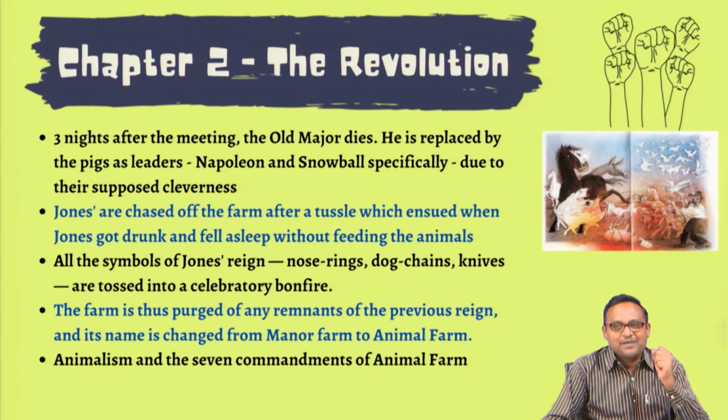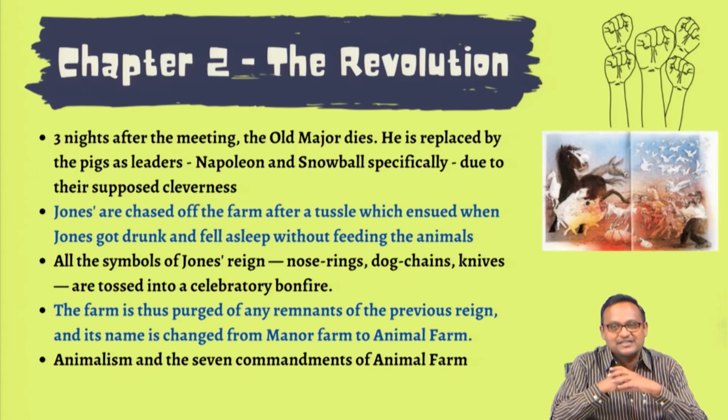Now, in chapter 2, you begin tracing the rising action here, because there is a conflict. What is the conflict? Of course, the seed of rebellion is growing in all the animals. Just a couple of days after his speech, Old Major dies, and for the next few months, all the animals under the leadership of the pigs are preparing the ground for a revolution. In the meanwhile, they gather around, keep chanting Beasts of England, the national anthem, keep repeating that all animals are equal, and keep recalling the dream of Old Major.